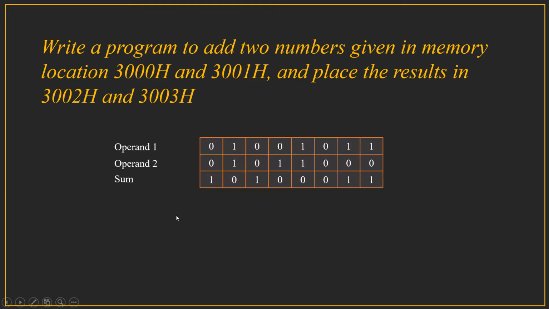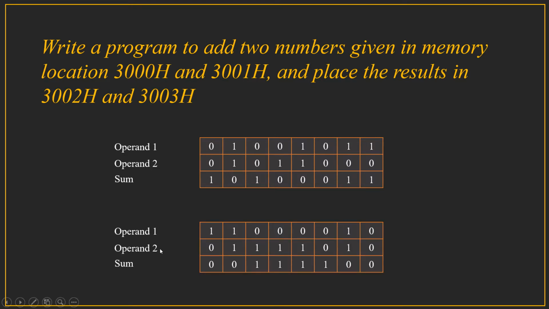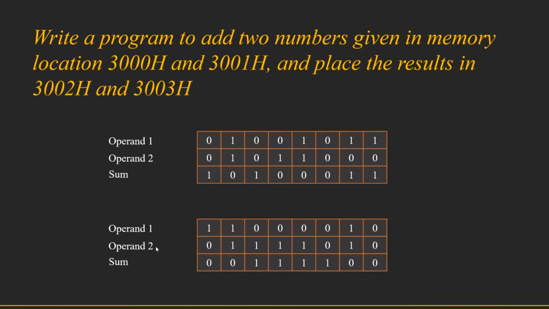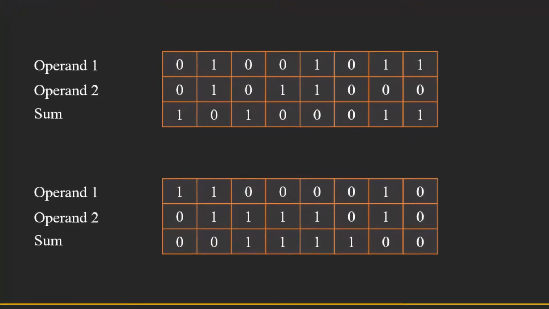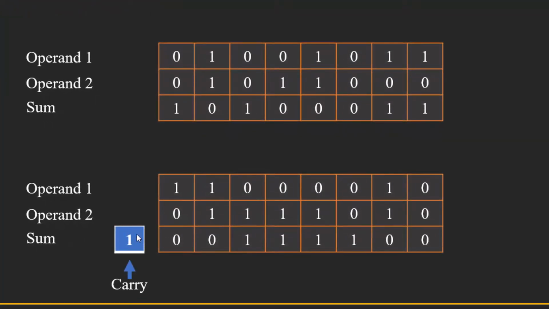Of course, the result is 8-bit. You can see over here. You take the first operand and the second operand, add them. The sum gives a result of 8-bit. Similarly, in this case also, you have two numbers and the sum is 8-bit. But now comes the important part of this program, and that is that in this second problem we have the carry equal to 1, while in the first problem we find that the carry is 0.